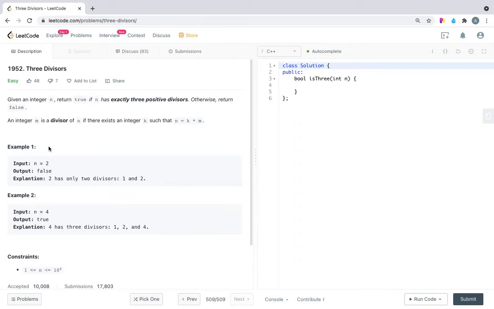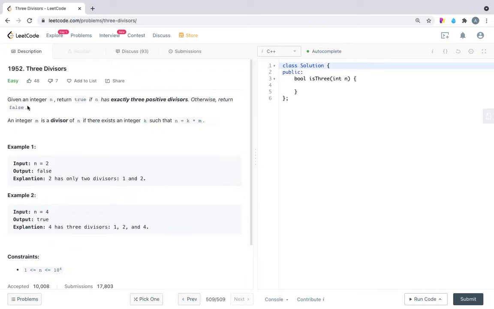The problem statement says that given an integer n, return true if n has exactly 3 positive divisors, otherwise return false. An integer m is a divisor of n if there exists an integer k such that n is equal to k * m.